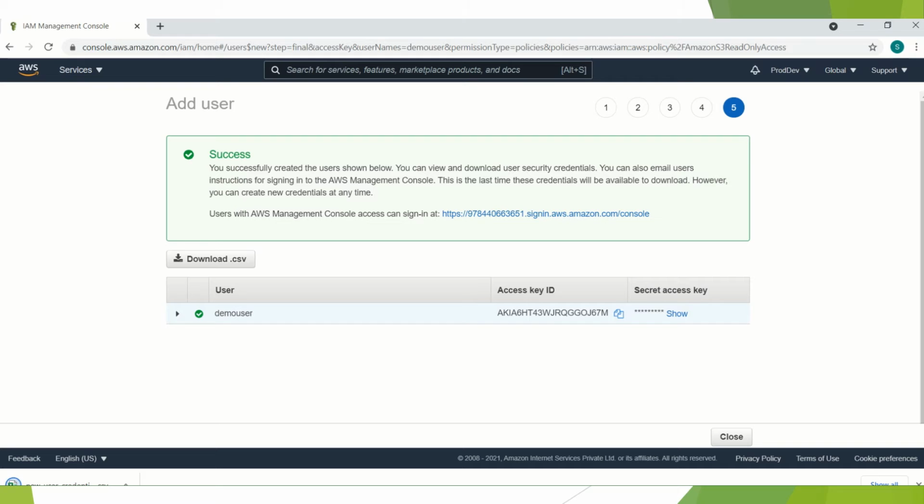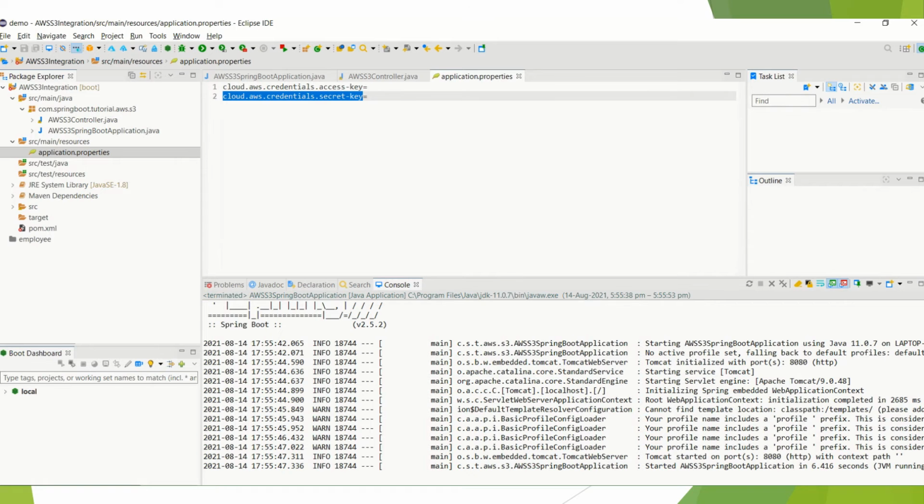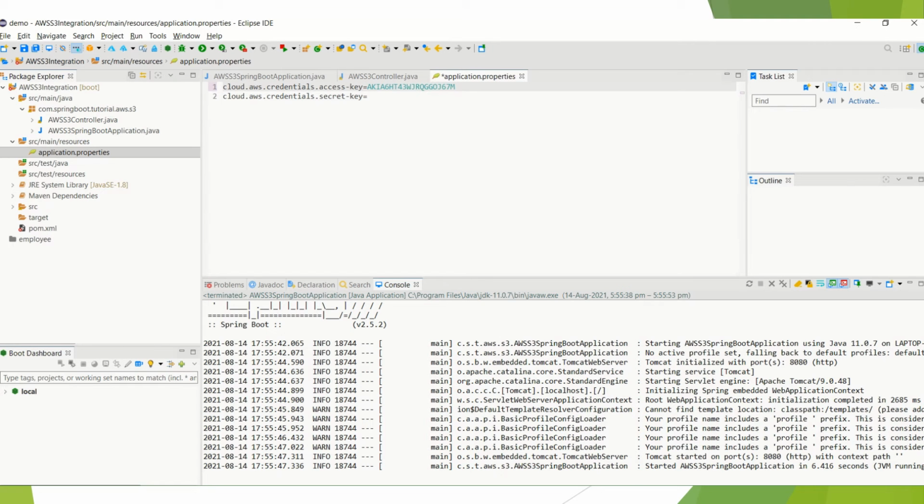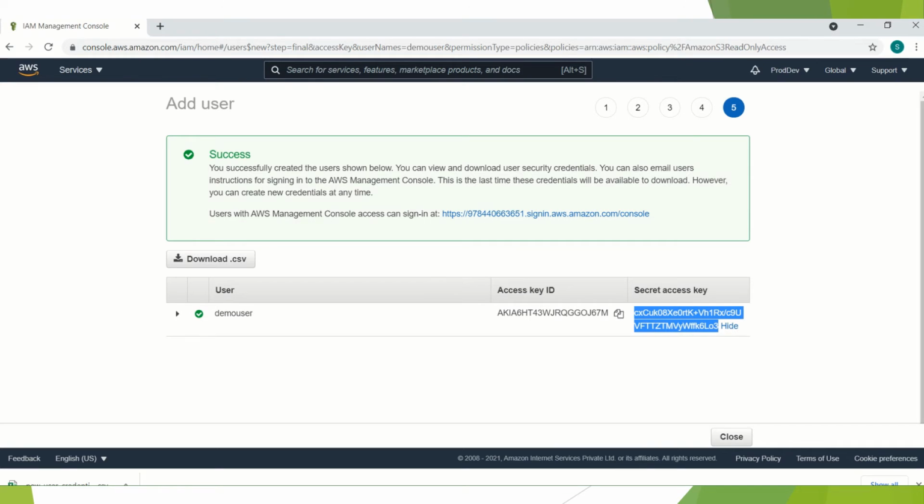Here, let's say I'm copying the access key, and also copying the corresponding secret key. So I hope you have understood how to get the corresponding access key and secret key.